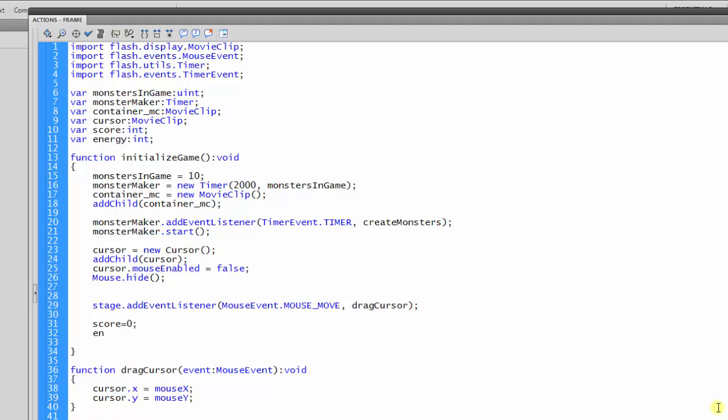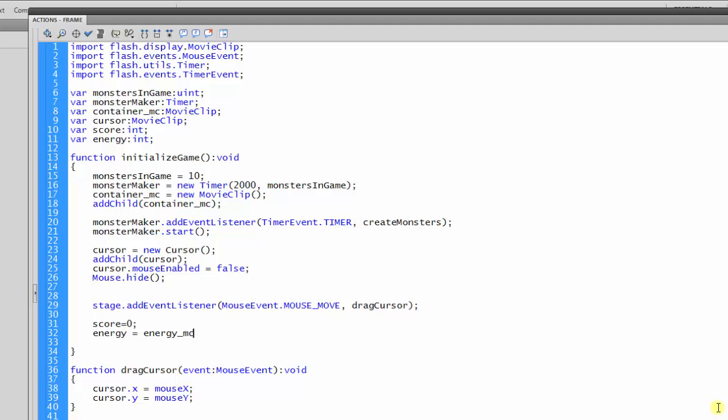The energy, make sure I spell it right, the energy is going to be equal to energy underscore MC, that's my movie clip, and then how much energy. In fact, let me put a space after this equal sign so it's a little easier to see. How much energy is there? Well, initially the amount of energy there is how long the movie clip is, and remember we set it to 4 frames, but I don't just want to put 4 here because that's going to change as the game plays. So what I want to say is the energy is equal to the energy movie clip, so energy underscore MC,